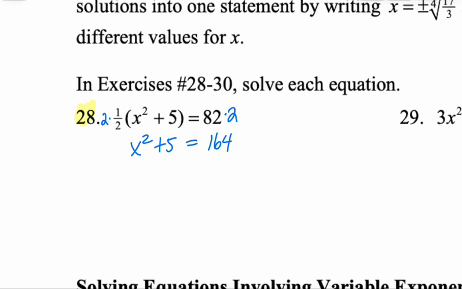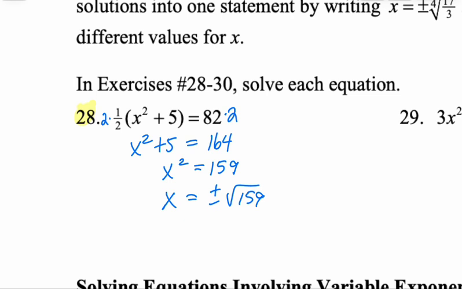Now we're going to subtract 5 from both sides. We get that x squared is 159. And again, just like if we have a cube, we want to use a cube root. If we have a squared, we want to use a square root. But the difference is that we do have to put a plus or minus notation in front